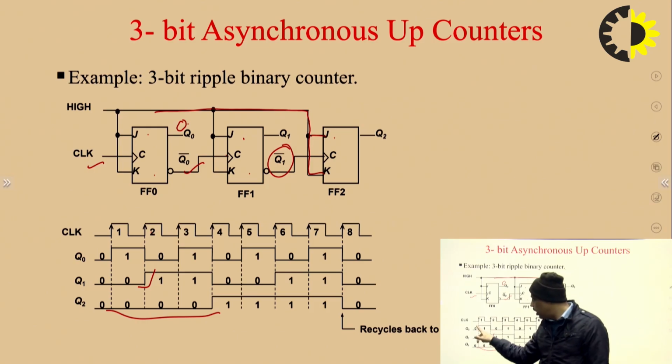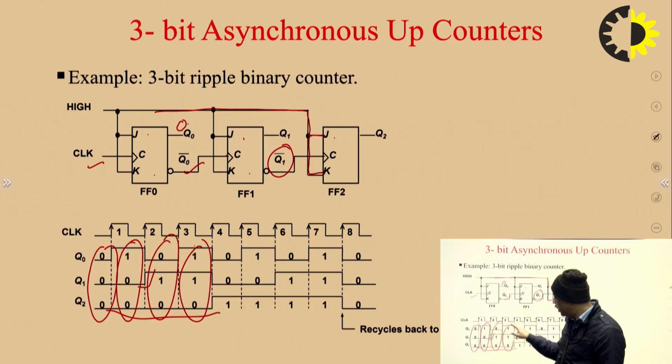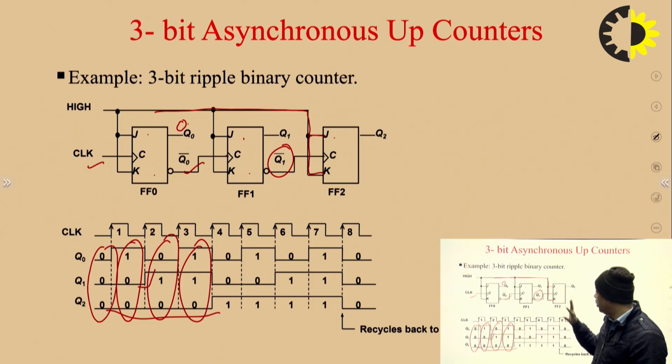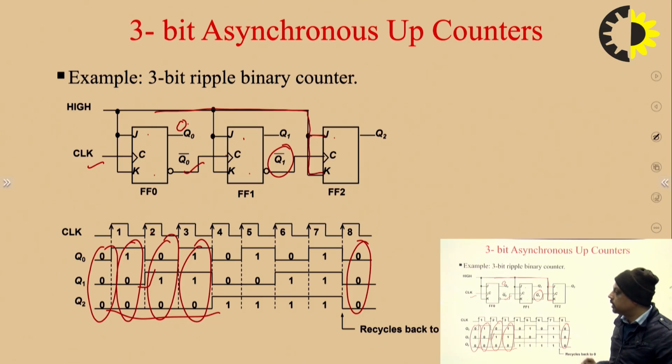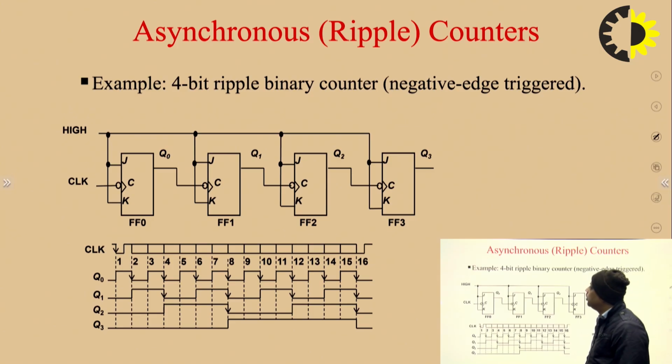So the count is like this. If we see the count, this is 000, 001, 010, 011, 100, 101, 110, 111, and in the last case all the flip-flops flip and we have 000. The cycle repeats itself until the clock pulse keeps arriving continuously. So this is the same case for a 4-bit